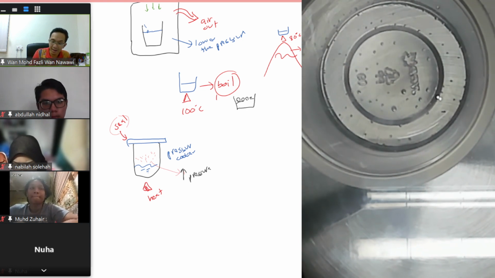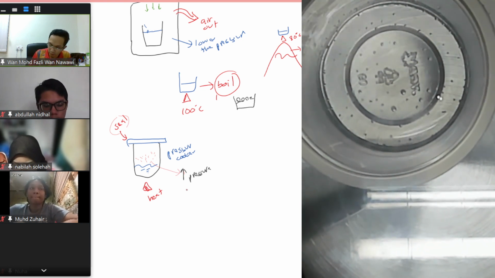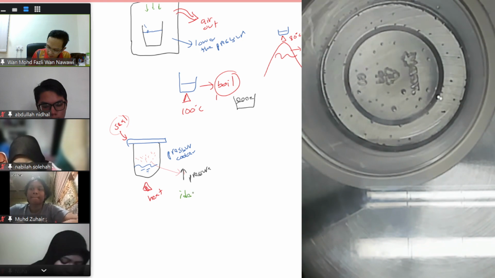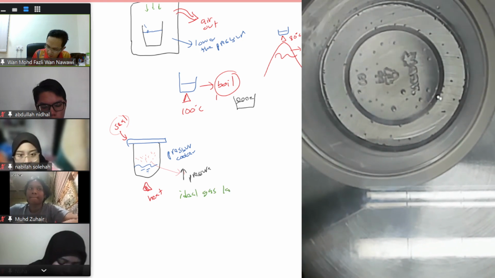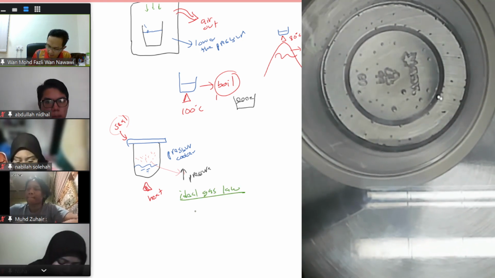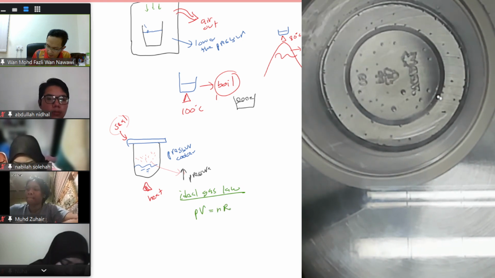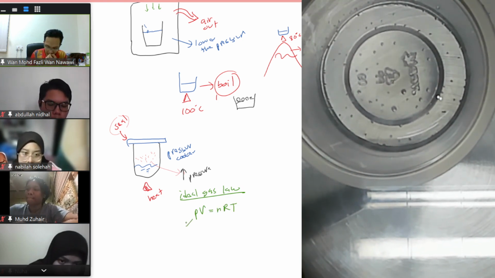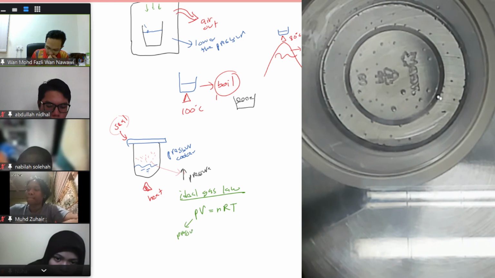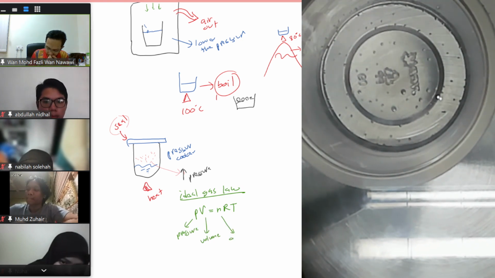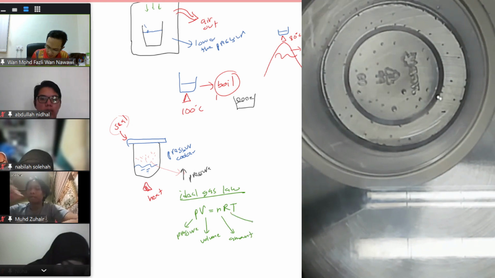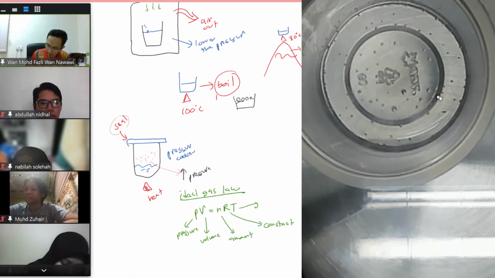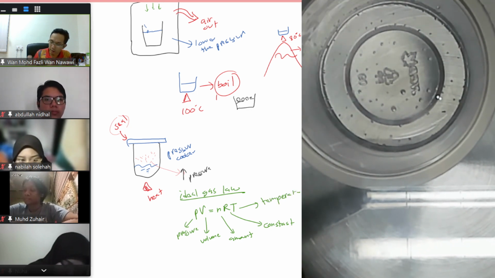So from the ideal gas law that we saw before, PV equal to nRT, where P is the pressure, V is the volume, n is the amount, R is the gas constant, and T is the temperature. So here what you do is that